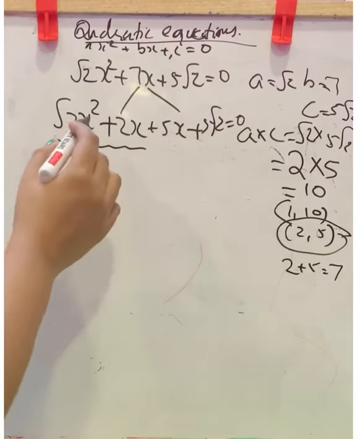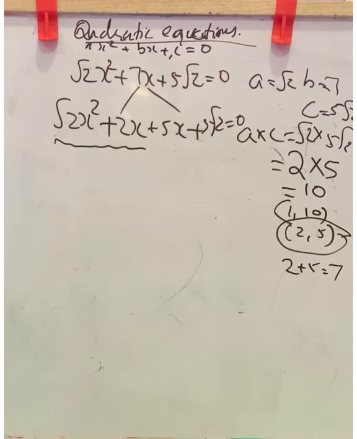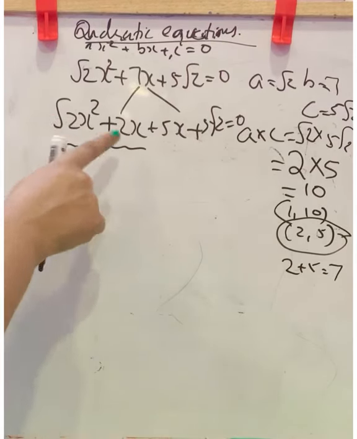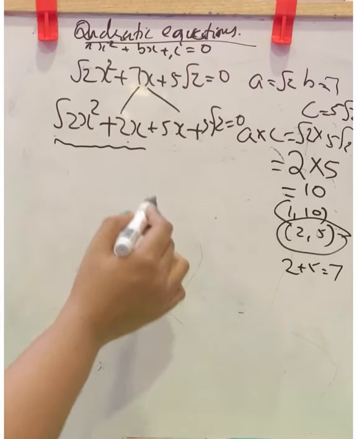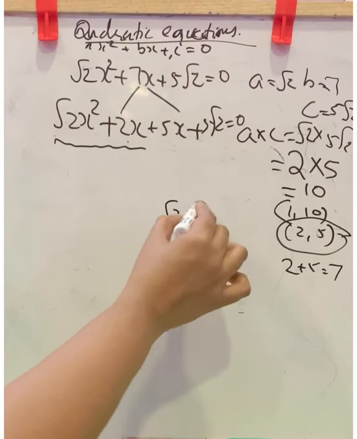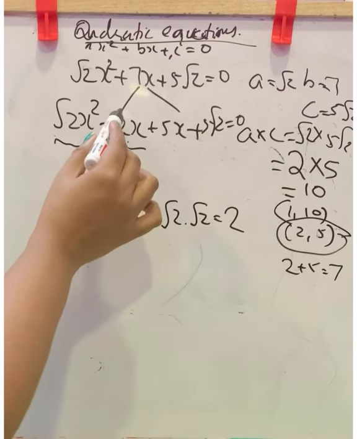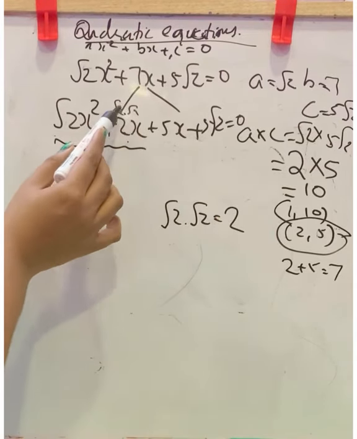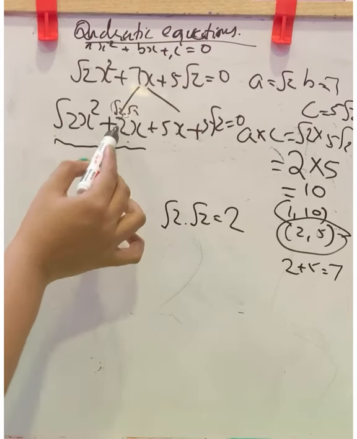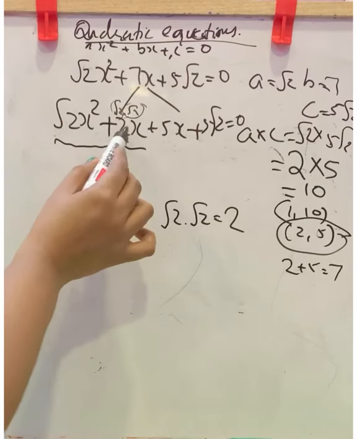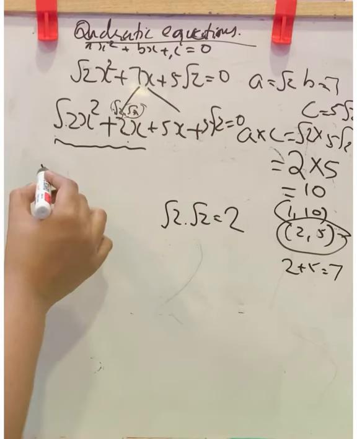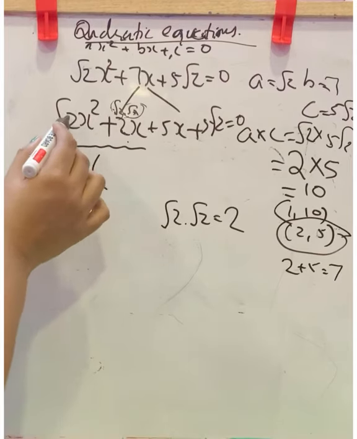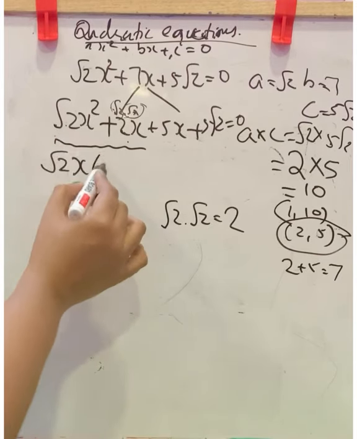Now from these two terms you have the common factor. You can see x is a common factor. Here x square, here x. X is a common factor. But in the case of 2, one is root 2 and the other is 2. What will you take outside? Here actually 2 means, I already told you, root 2 into root 2 is 2. So 2 is root 2 into root 2. From this, if you are taking one root 2 outside, left will be one root 2. Okay. 2 is root 2 into root 2. So here also one root 2 is there. So taking root 2 x as common, here root 2 x is taken outside, left will be x.